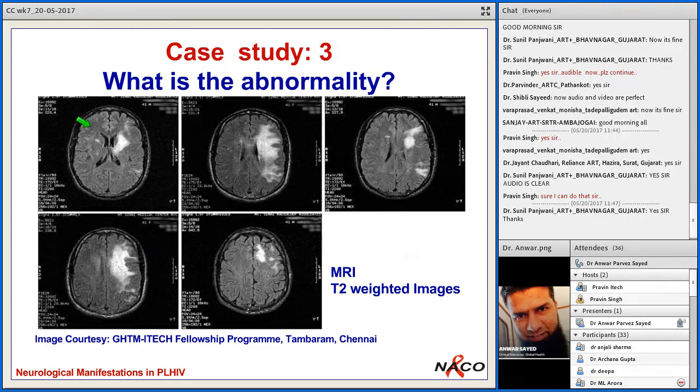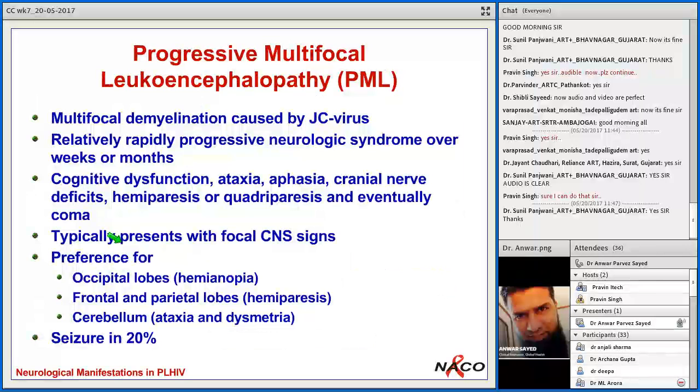So these are MRI T2 weighted images where you can see this leuco or white matter, so these lesions are more in favor of progressive multifocal leukoencephalopathy. As the name suggests, it is progressive. It slowly increases. Multifocal, more than one site is involved. Leuco is white. Encephalopathy is involvement of the brain. So it is called PML. It is caused by JC virus. JC is behind the name of the patient in whom this virus was first seen, and it is rapidly progressive